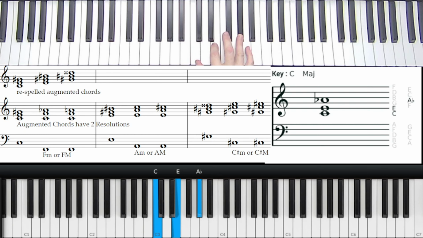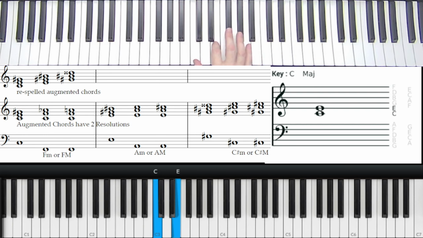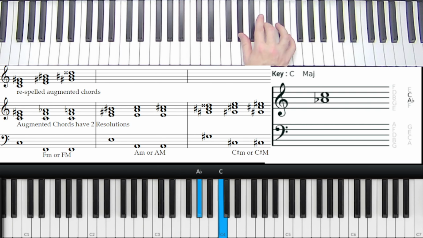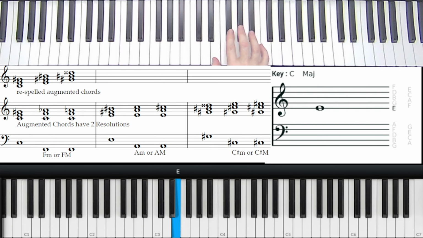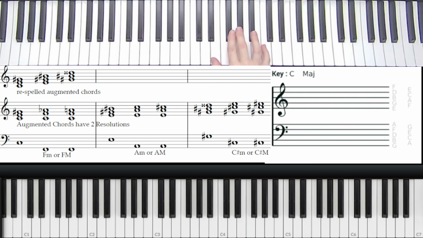So let's take the shape of starting on C. Now if you invert it, it's still the same chord, okay? But it can be respelled differently, okay? So that would be, that can also be an A flat. I've spelled them down there different ways, but that could also be an A flat augmented, which would be,